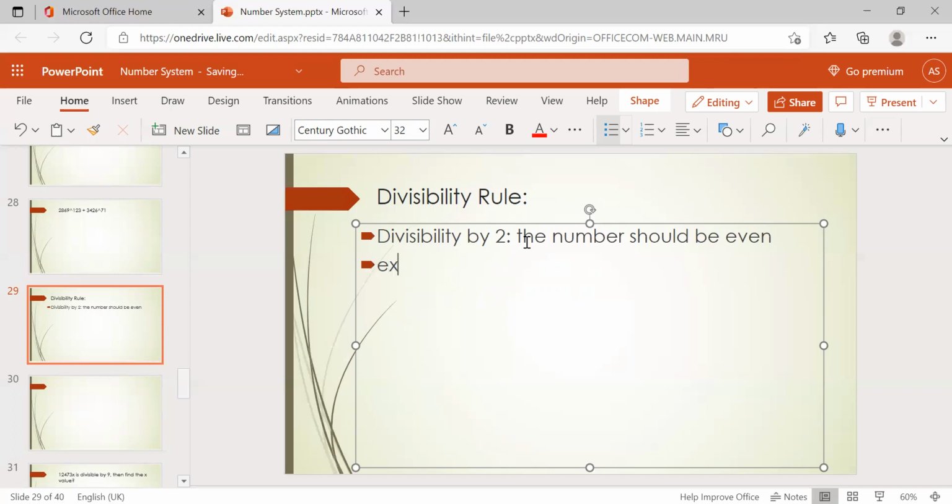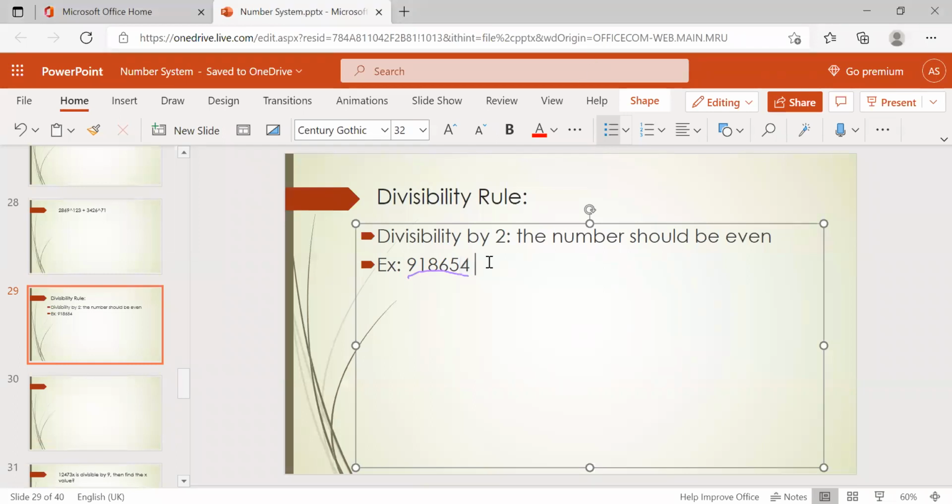For example, 918654. Is it divisible by 2? Yes, of course, because the last digit is 4. So the entire number will be divisible by 2.